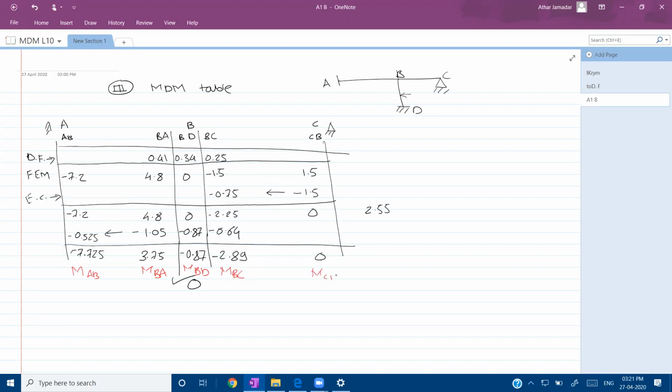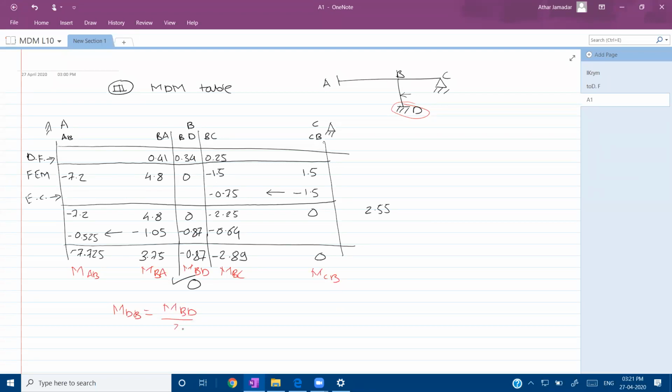This is MCB. Now the final moment acting at D will be nothing but MBD divided by 2. Whatever carryover process we have to perform for the correction applied to BD, we are doing at the last. That means MDB here now will be